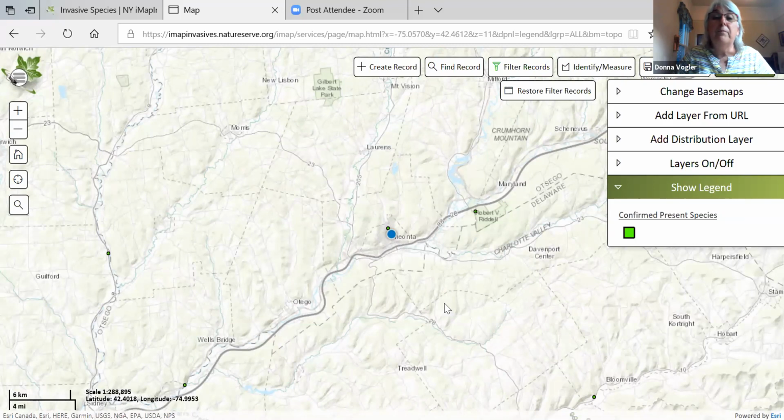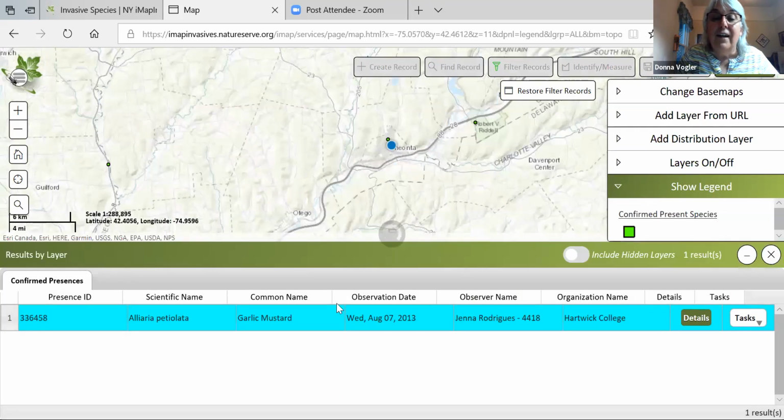you know, they're everywhere. But for any one of these points, you can click on it and get details. Who saw it, when they saw it. There's an actual presence record, and you can go ahead and follow up on that. There's a place here for even more details. And so I just wanted to show this view. This enables you to look at what invasive species are in your area, either totally or, let